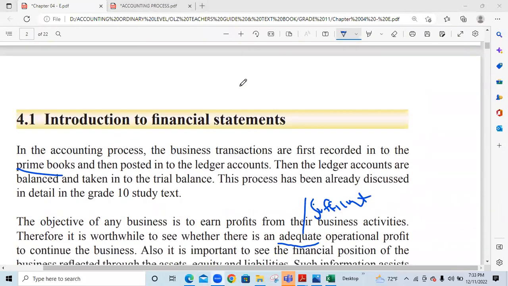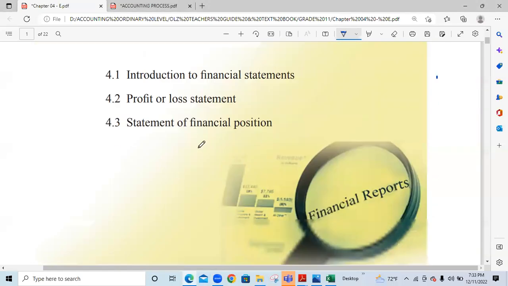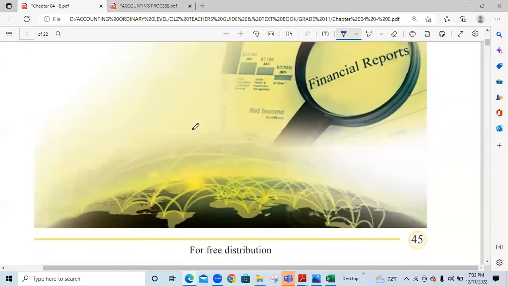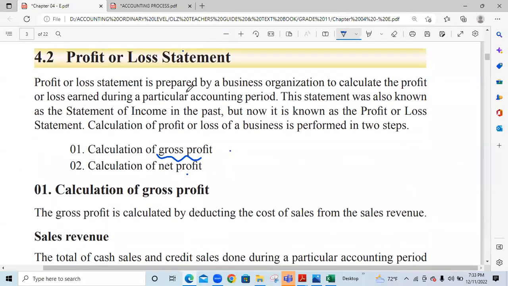First of all, put the heading of this chapter, financial statements of a business. And after that, below that, write the subheading, profit or loss statement. Do like I'm saying. First put the main heading, then below that put the subheading, profit or loss statement. After that, put another subheading,